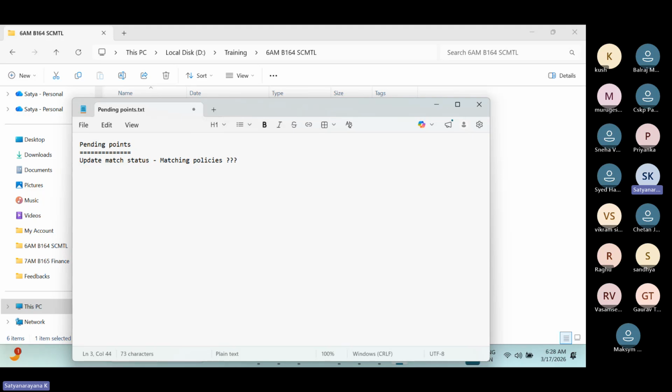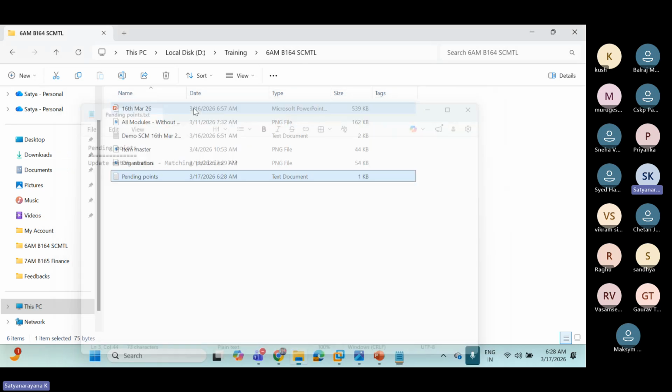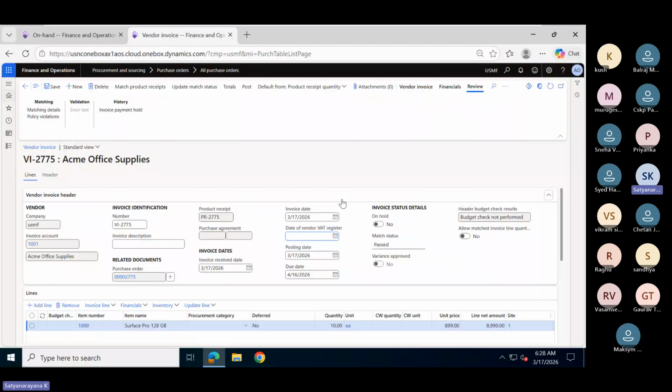What is this? You are going to learn after 1 month, 5th week, combined session, both finance and supply chain management. I'm going to teach you what is this update mass status, what is this matching policies, why I need to click. I'm clicking here, then it is passed.